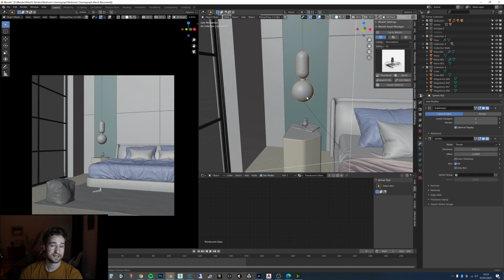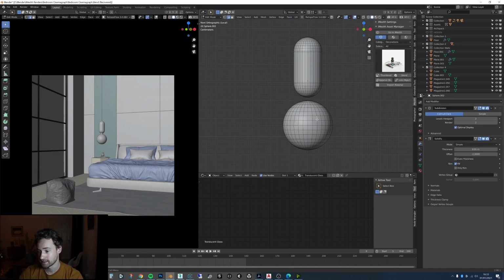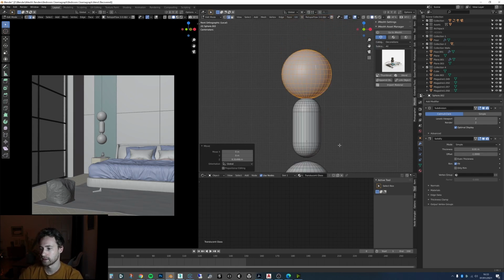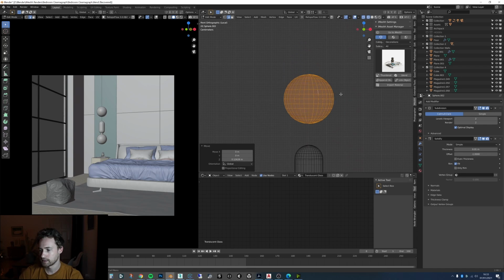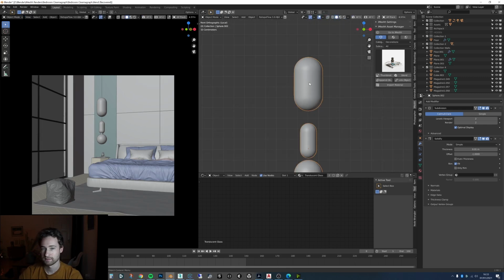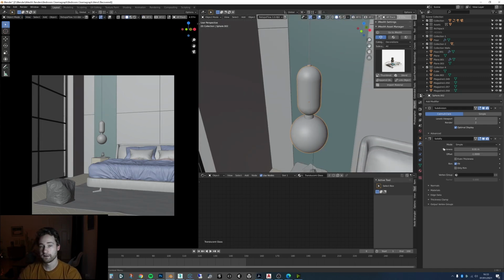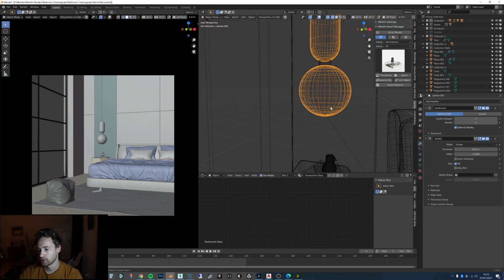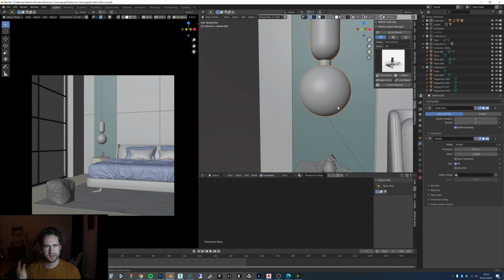And then I added this lamp, which was super basic. It's literally just a cylinder, and then I just duplicated that cylinder up. Let's just move it over here and show you an example. And then what I did was just grab these and then press E and Z, and there we go, we have another cylinder. I then added a solidify onto that so that it has some thickness, and then I can make that material like a glass kind of mix. So nothing too crazy, it was just glossy white glass.